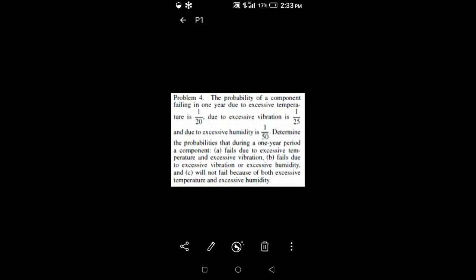Then the other one for the humidity, the probability that it will not fail due to excessive humidity is 49 over 50 because the probability of it failing is 1 over 50. So the probability of it not failing is 49 over 50. You should note this down because that's what you are going to input here. So the probability of it not failing because of both excessive temperature and excessive humidity